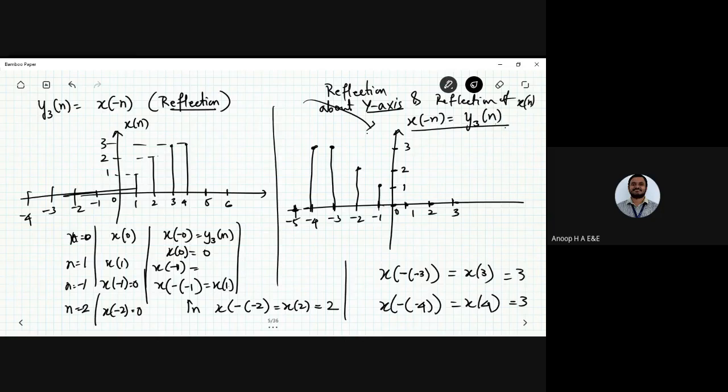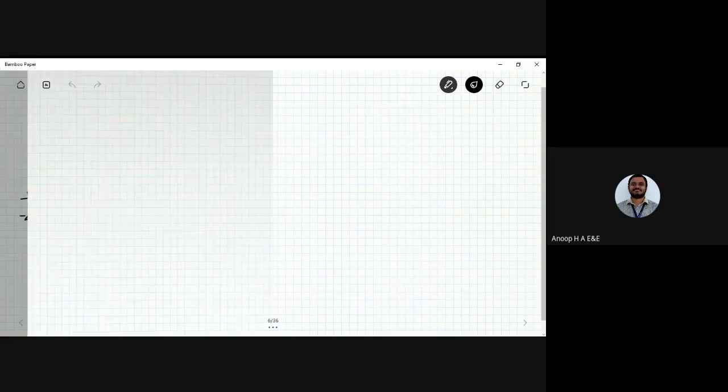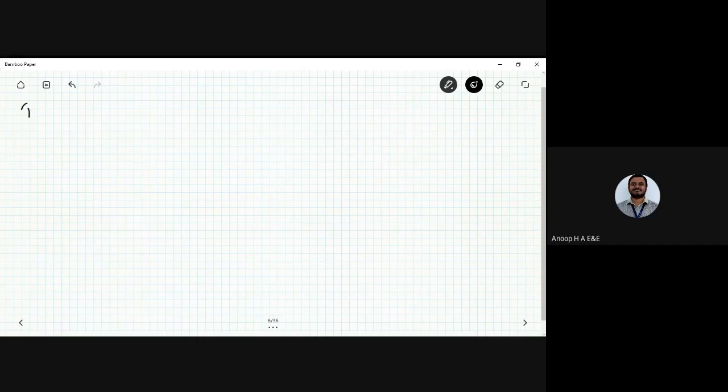So this is how you can represent a discrete time signal. This is the basic representation of what I'm doing right now. In the next class, at 11, I'm going to give you a problem where you can try it and let me know the answer, or the procedure you have followed, and I can give you the solution just after a small break. Okay, the problem goes this way.